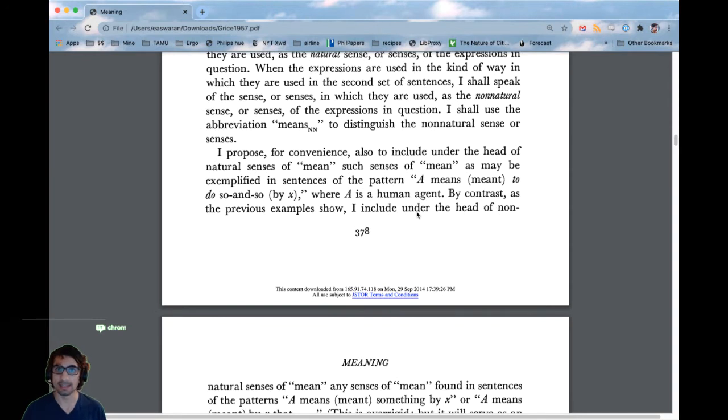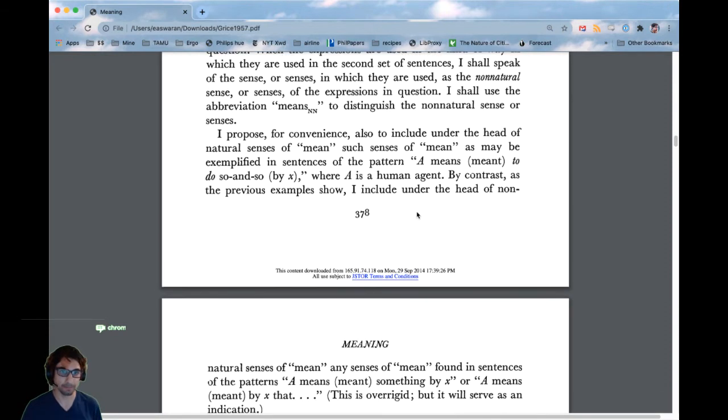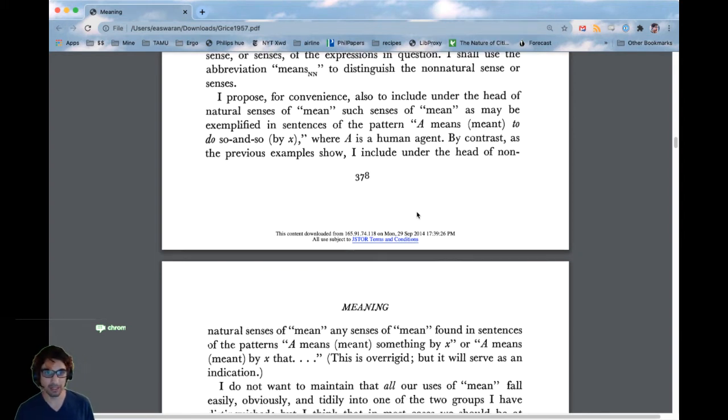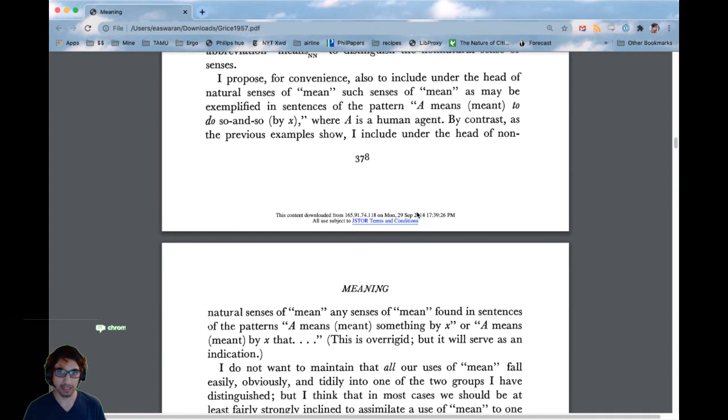And I think the idea is that natural phenomena mean things all the time, like spots mean measles, smoke means fire, in that first way, but it's only human or artificial things that mean in this second way. I propose for convenience also to include under the head of natural senses of mean, such senses of mean as may be exemplified in sentences by the pattern, A means to do so and so,